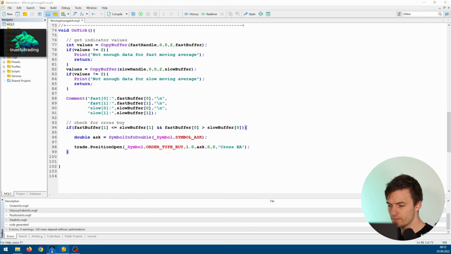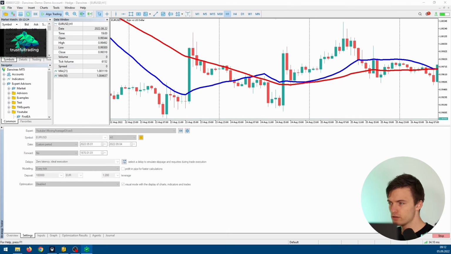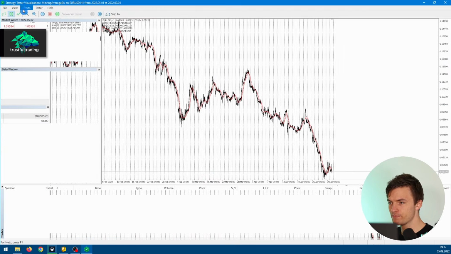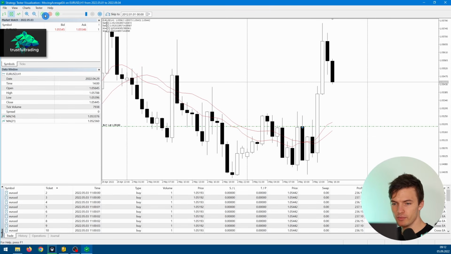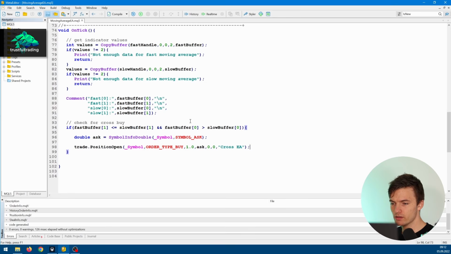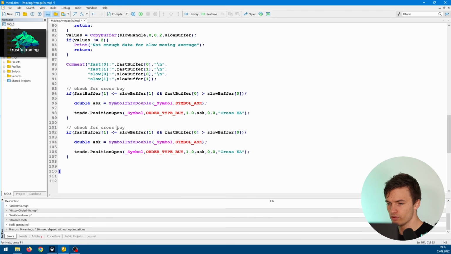Let's compile and check. So if we start the visual tester, we should see a buy position if the fast MA crosses the slow MA from below. Okay, so that's perfect. And later we also need to make sure that we only open one position per bar. Okay, so of course we do the same for the short positions. So we just copy the section, check for cross sell,